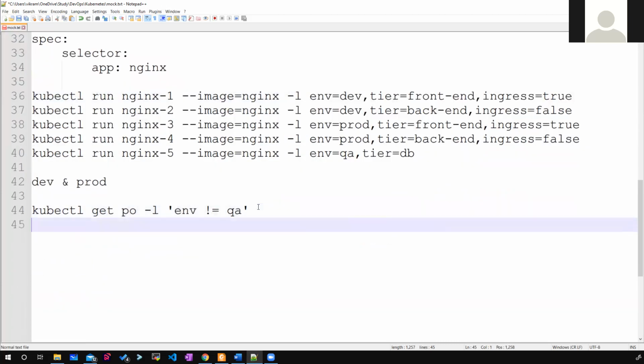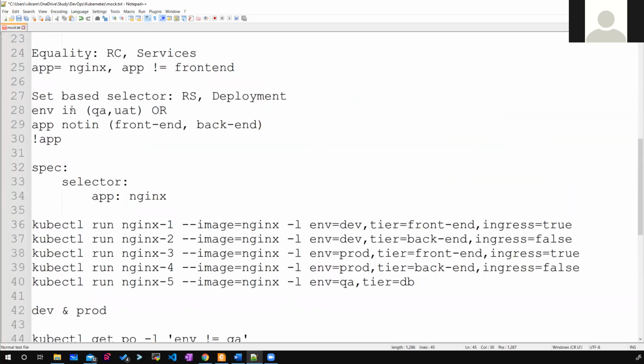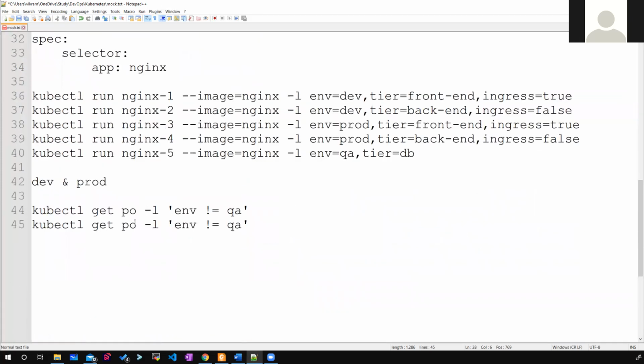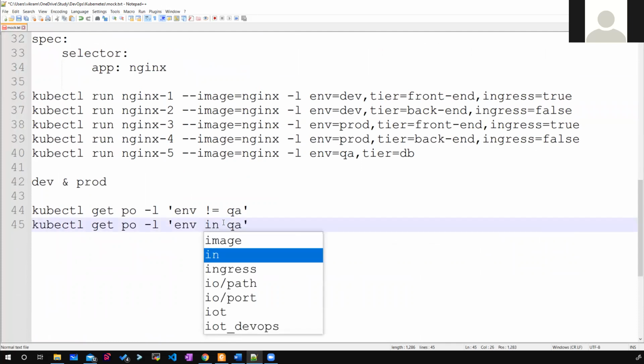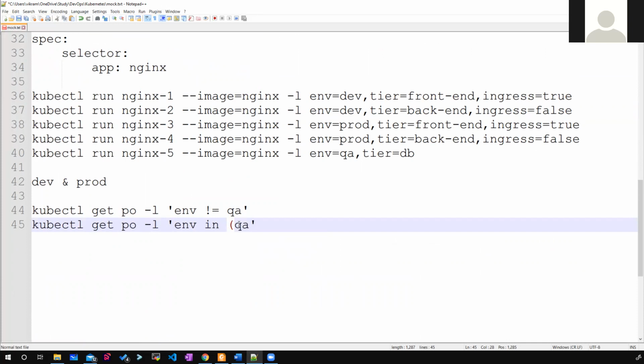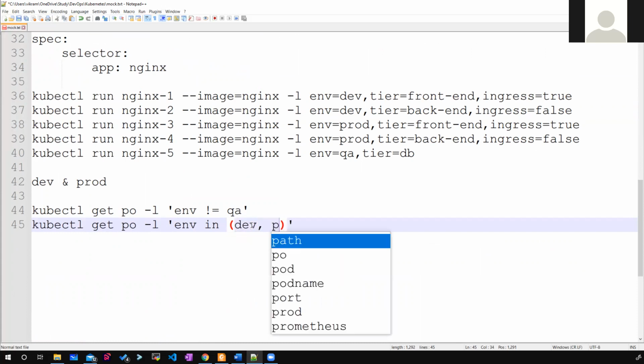Okay, but if I have to do it in a straightforward way, environment is dev and environment is prod. As we discussed, I can use the in operator. So it is kubectl get pod hyphen L environment in, and inside the braces, dev and prod.